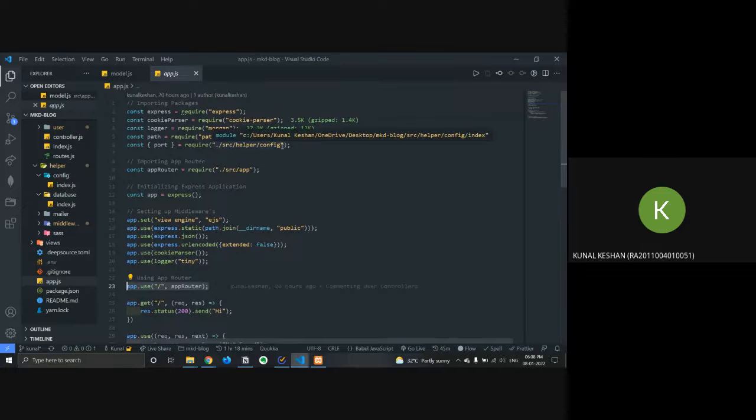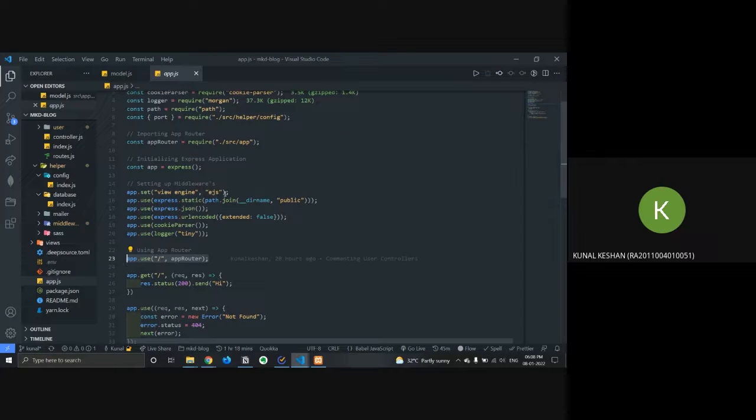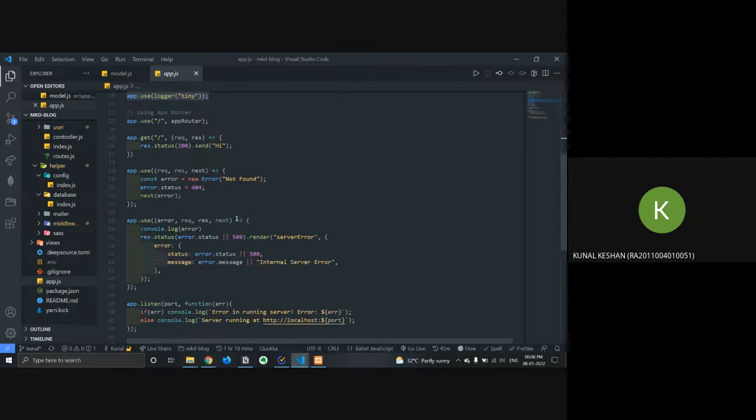So even my app file is pretty organized. In here also, the same way, I've initialized the application with Express. I'm using the Express middlewares. And over here, some error handling routes. The first one is, suppose the user puts in a request to an unknown route, that is handled by this over here.